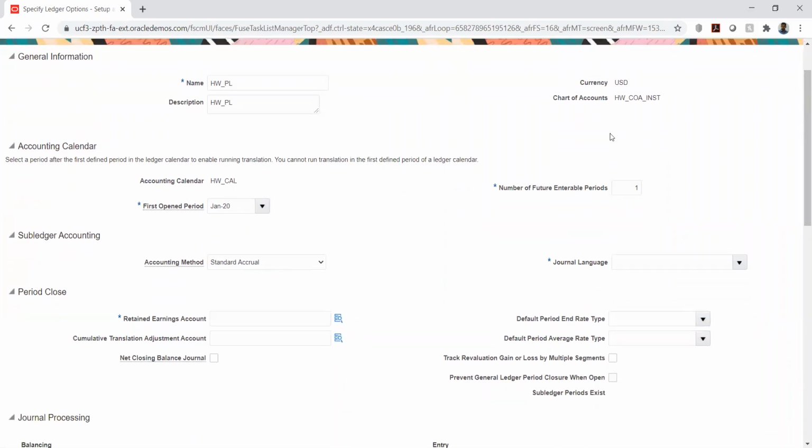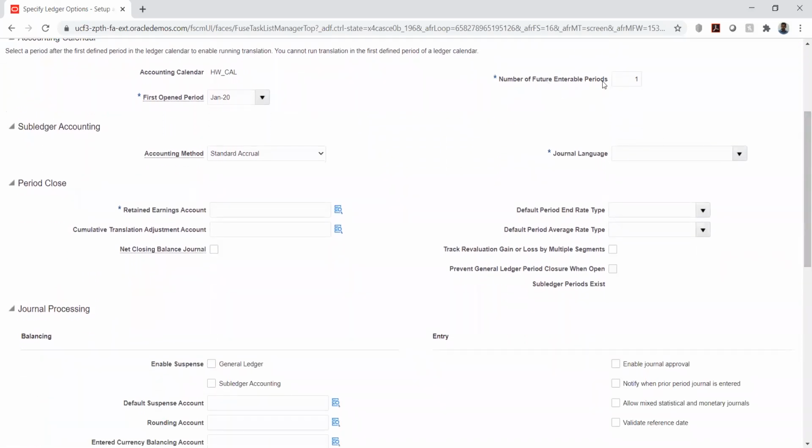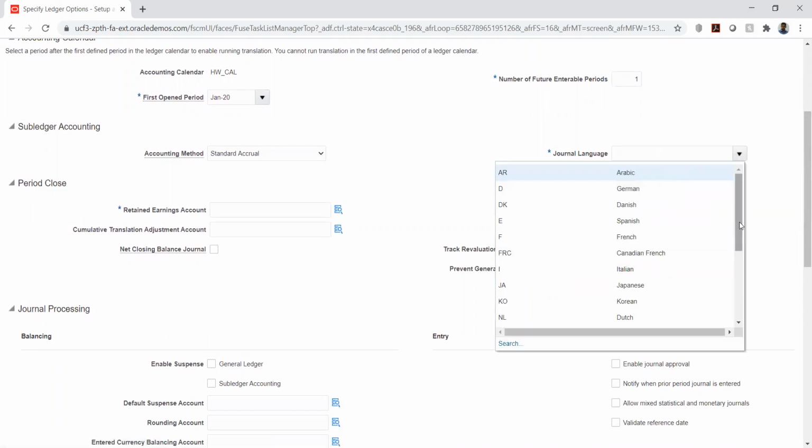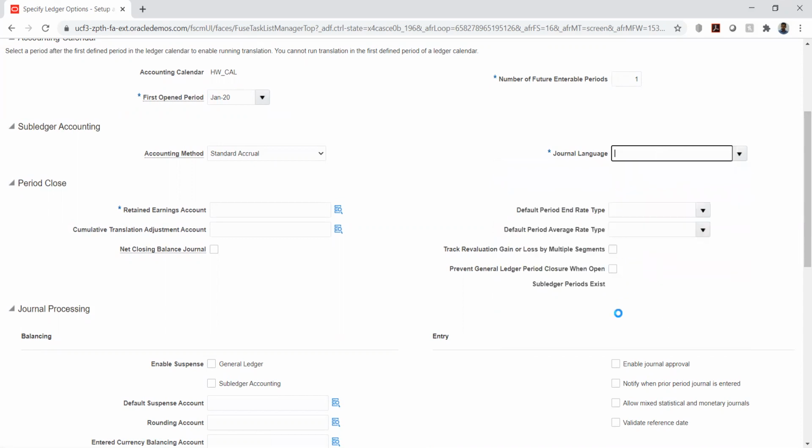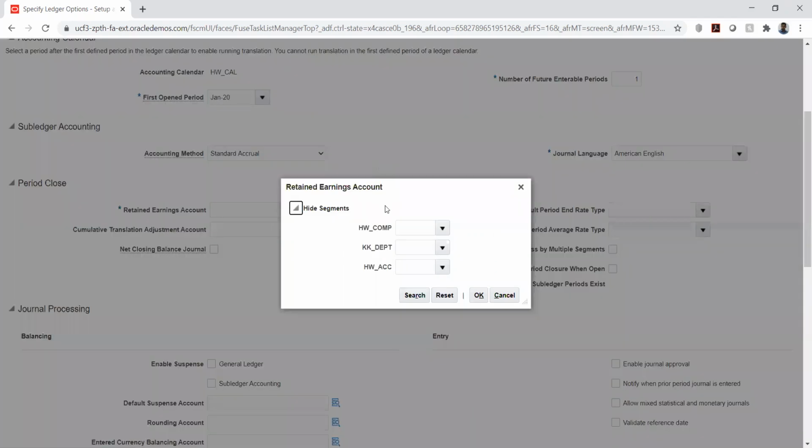Based on the previous setup, a few values have been populated. Apart from this, future interval period. I'll select the language, and we have the retained earnings account. The retained earnings account is used where we have our year-end processing.